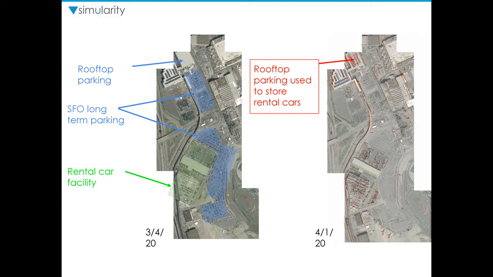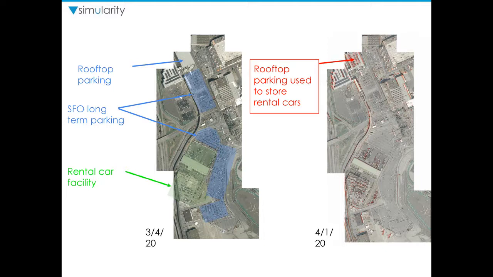If you now look on the right, obviously the image on the left is from March 4th this year. And the image on the right is from April 1st. So this is really pre-COVID, post-COVID lockdown here in the US. What you see here is that our AI was able to detect